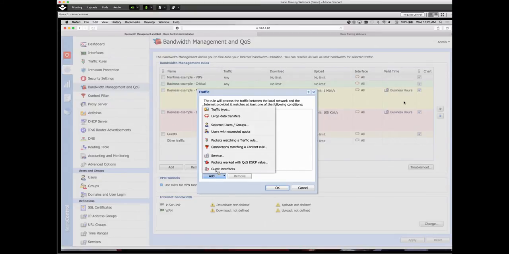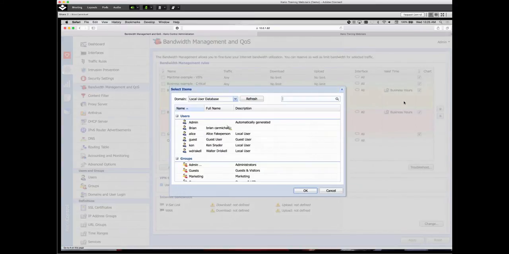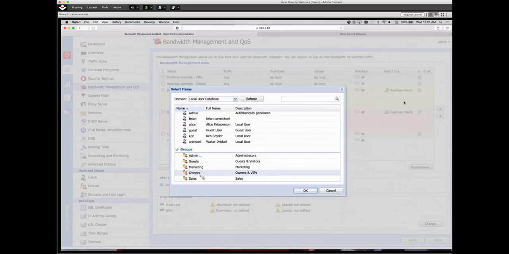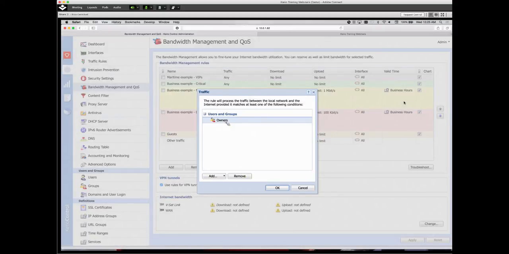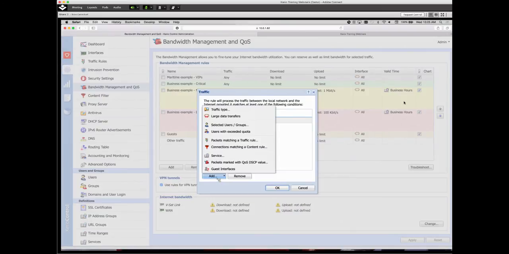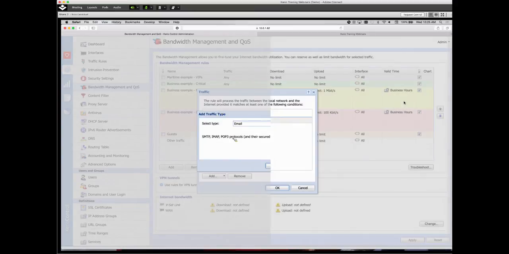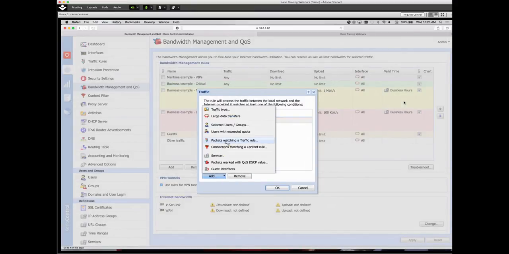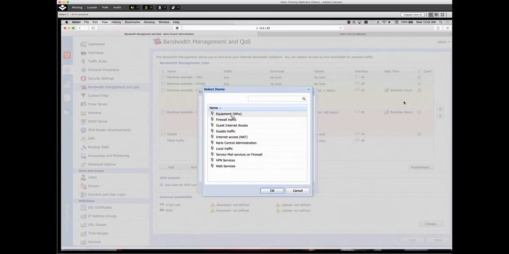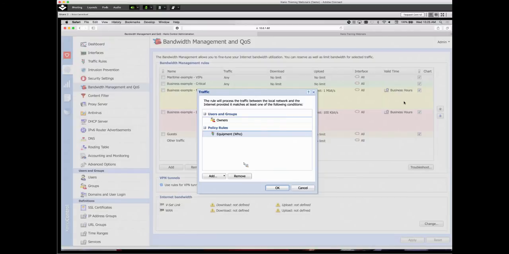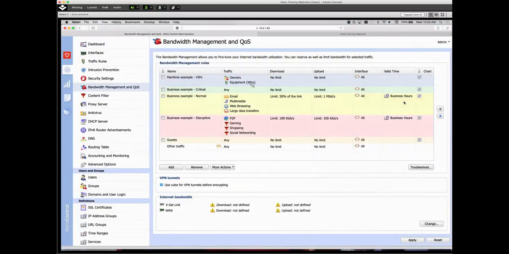So I edit that cell and I click on add. And then I'm going to choose selected users or groups. And this is where I'll browse down to the group called owners and VIPs that I've pre-configured. And so now this rule is going to apply to those VIPs. I'm going to click add. And in the same rule, I'm going to refer to a traffic rule. So packets matching a traffic rule, and I've got this pre-configured rule for equipment that I had shown you just a few minutes ago. And so I will add equipment to this same rule. So now I'm applying it to the owners and equipment, and